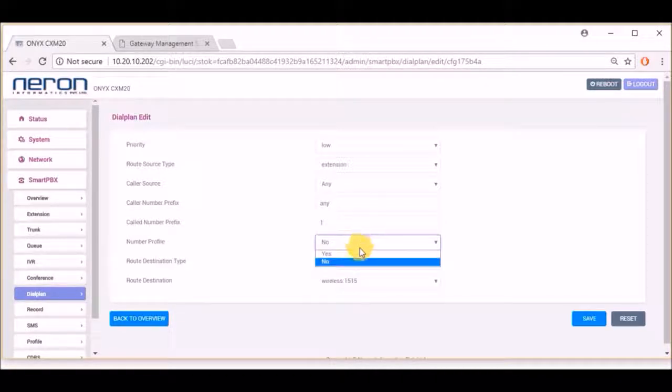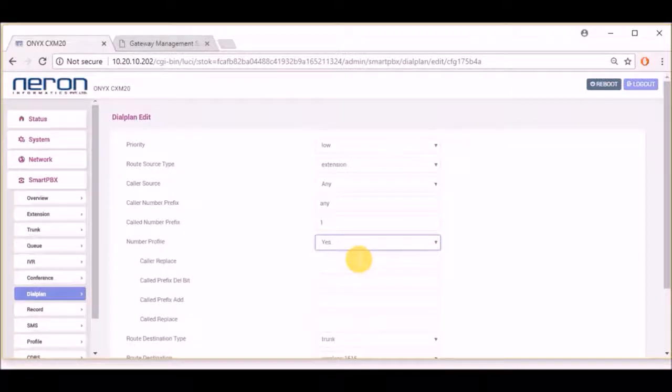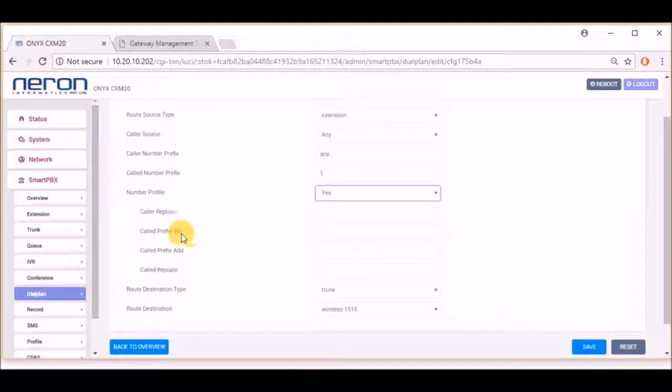So here I have to click on number profile, and called prefix delete bit will be 1, as I have to delete 1 digit. Guys, if I use 00 here, in this case I have to enter 2, because there are 2 digits.